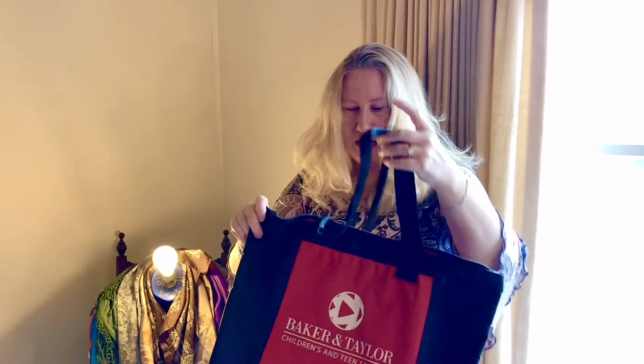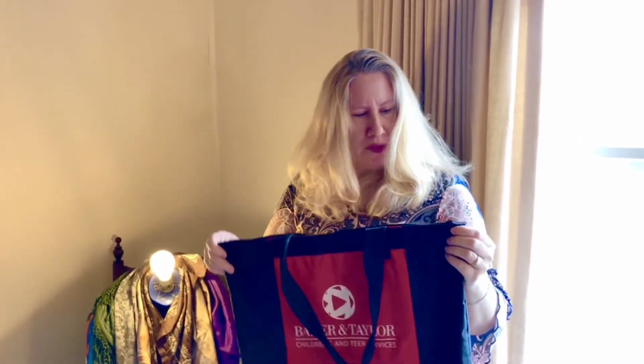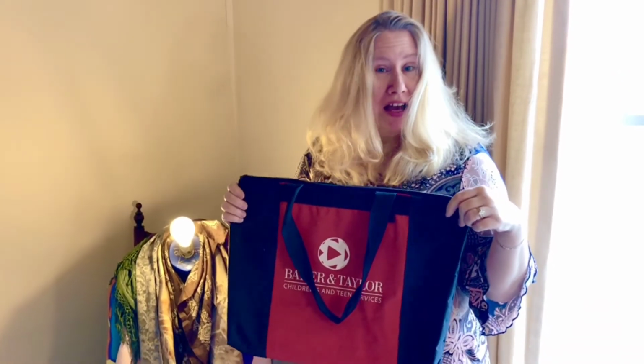Project, I'm going to use or upcycle this Baker & Taylor bag. It's a nice bag. Everybody loves Baker & Taylor, all librarians. It's got a nice handle. It's got a great zipper. I probably got it at some long ago New Jersey Library Association conference, and I've certainly gotten my use out of it. So there's nothing wrong with this bag, but I want to see if I can use fabric to